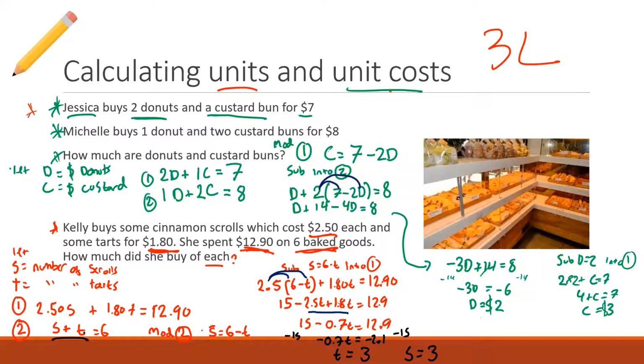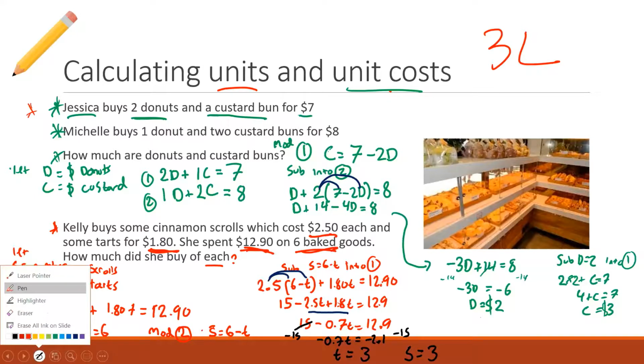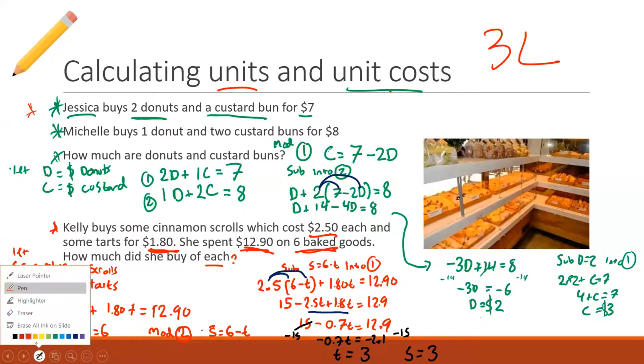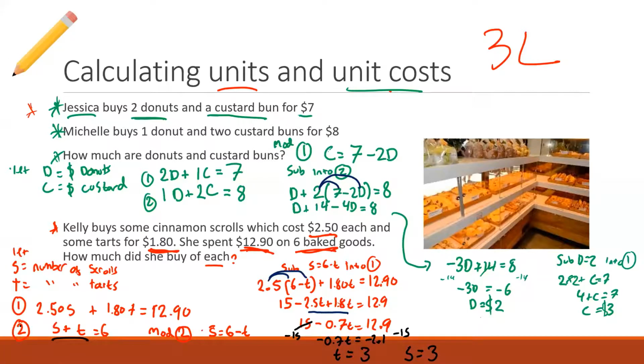I can't subtract 15 minus 0.7t, so I've subtracted 15 from both sides. If I subtract 15 from both sides, it will cancel it here. What I had to do was 12.9 minus 15. And I knew that if I tried to do 12.9 minus 15 in my head, I was very likely to make a mistake. I could have probably done it and would have got negative 2.1, and I'm sure a lot of you guys are like, oh yeah, of course it's 2.1, but you guys don't have the pressure of if you get it wrong, 21 people are going to correct you. So